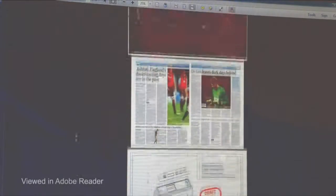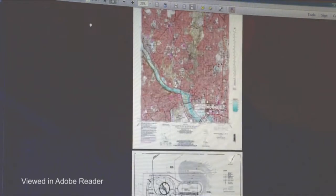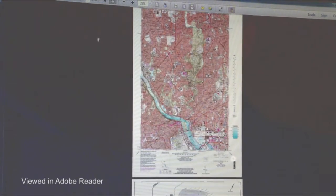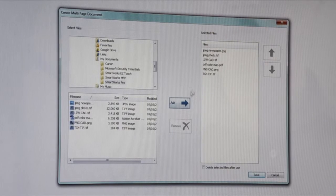SmartWorks Pro can be used to create multi-page documents, such as PDFs and TIFFs. Multi-page documents made by scanning or from outside the scan process provide more efficient workflow. Files from other sources, such as cameras or small format